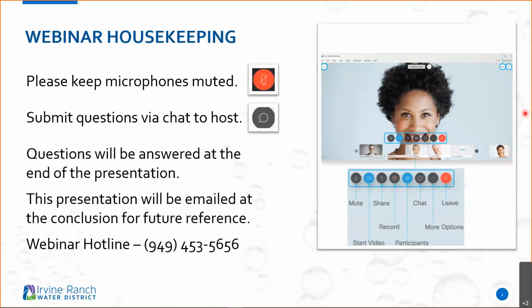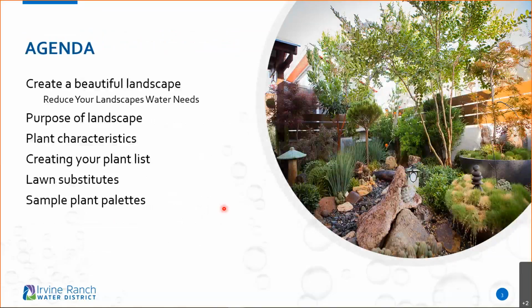So today's workshop, here's a little bit of the agenda of what we're going to talk about. Create a beautiful landscape. That's the ultimate goal, to create a beautiful landscape that not only looks fabulous, but also requires very little water, or just a small amount of water in general. It's important, of course, our landscapes require water at different times of the year, but it's important to consider that and how much water they actually need, and to use it as best as possible, and to be conservative and efficient with our water use.